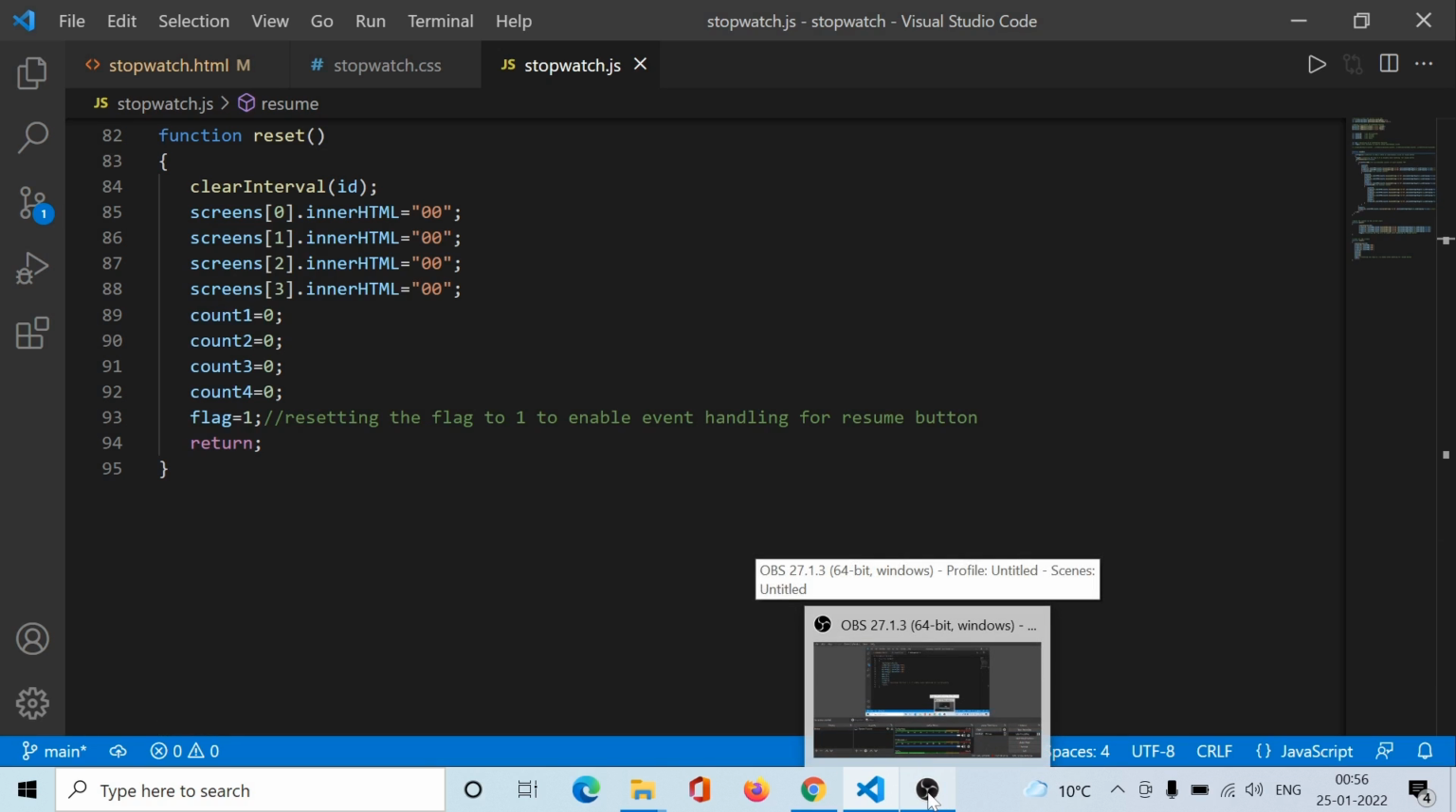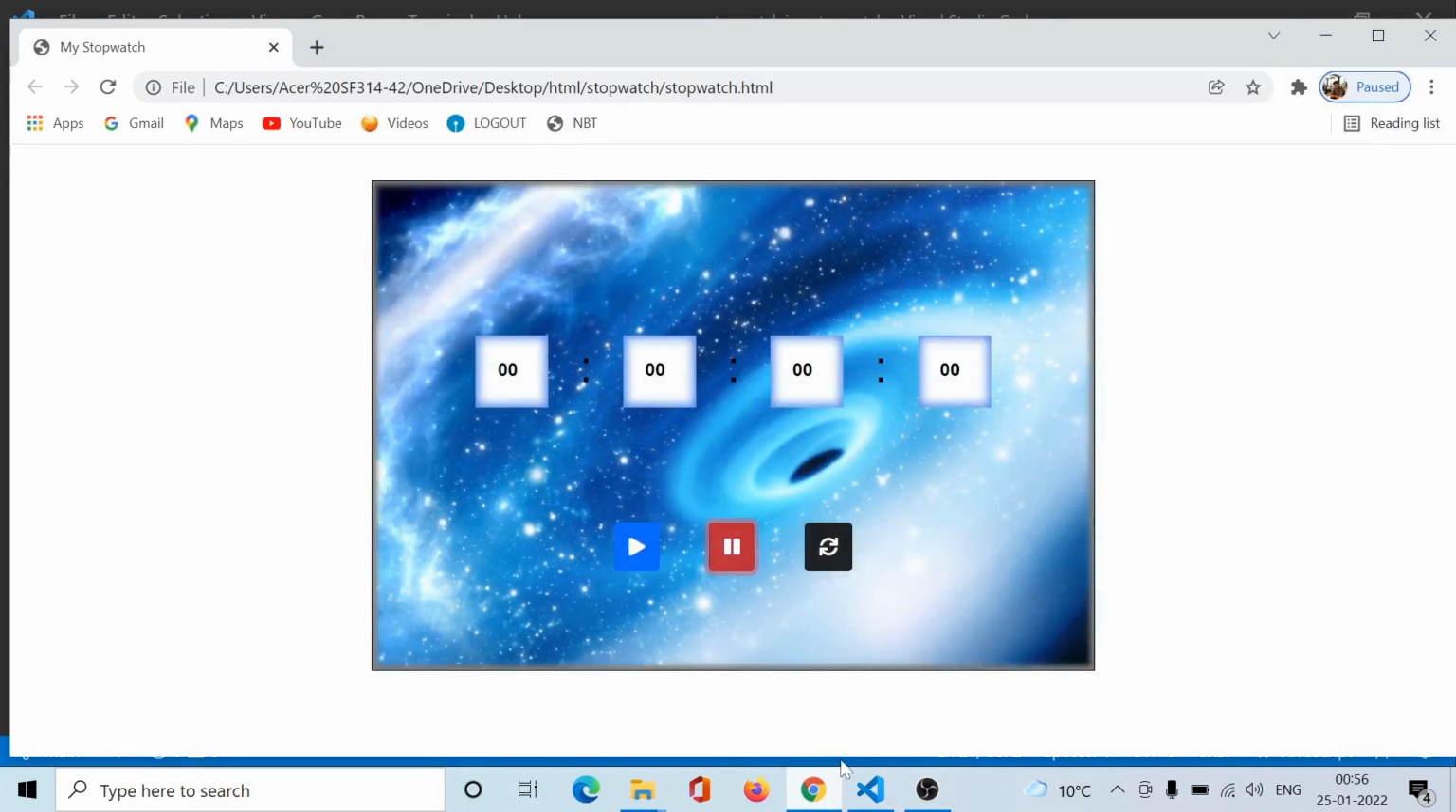Now coming to the demonstration of the project. So here is a demo of the project. Whenever I press the play or resume button, it is going to start the millisecond counter, and whenever the millisecond counter reaches the 100 mark, it is going to update the seconds counter, and whenever seconds counter is going to reach the 60 second mark, it is going to update the minutes counter, and whenever the minutes counter is going to cross the 60 minute mark, it is going to start the hour counter,